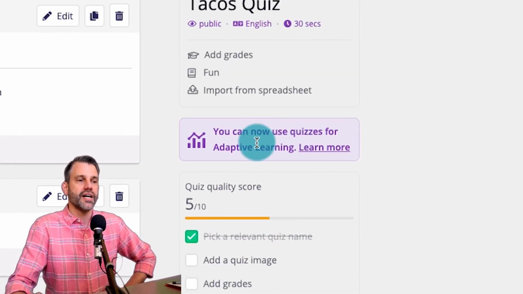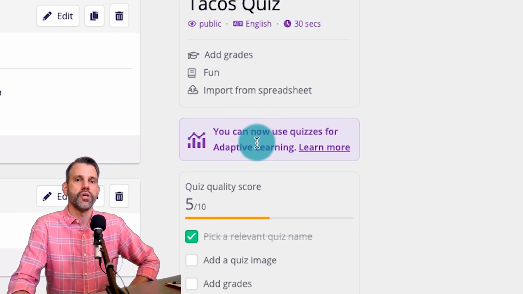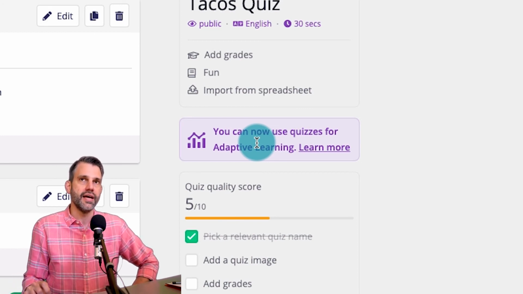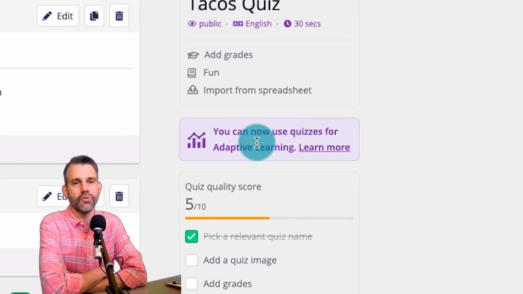Above there, it talks about adaptive learning. This is a really cool feature they just recently added, which is going to give kids a subset of questions out of this quiz based on their performance to make sure that copying doesn't happen and to make sure that everybody's getting an experience that relates to the practice that they need rather than just repeating the same thing over and over again. I probably would not use this with this quiz because there's only 9 questions in it,